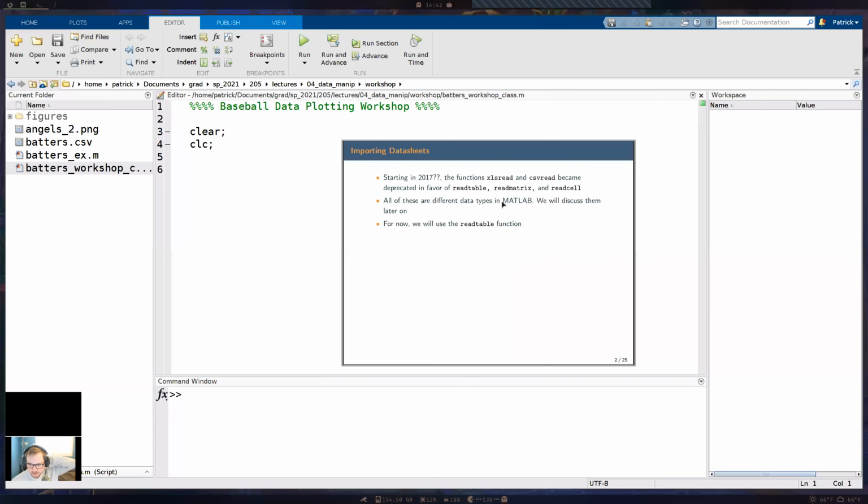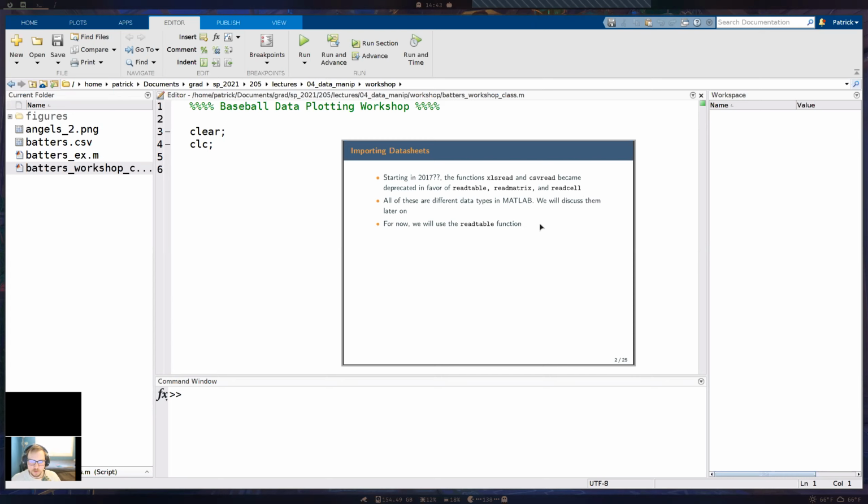Right, and then a matrix, that's what we've been doing so far. That's just a numeric array. And then a cell, that's different. So a cell can basically contain arrays in each cell, but that'll be something we talk about in more depth later on. I think it's a lot easier to understand once we actually show what a cell looks like.